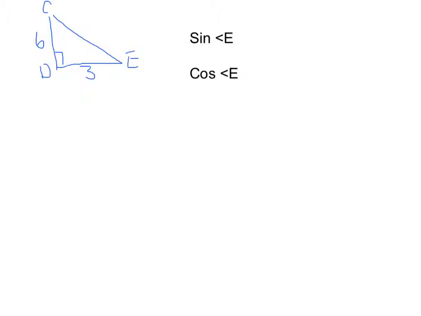Alright, now I can also write my cosine ratio. My cosine ratio for E, I'm going to do the same way, except cosine is adjacent over hypotenuse. So my adjacent to E, next to E, but not the hypotenuse, is 3. So my adjacent is 3. My hypotenuse I just solved for is 3 root 5. And if I have 3 divided by